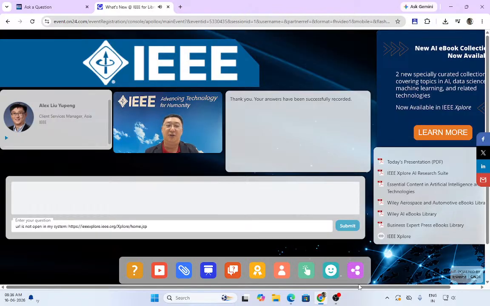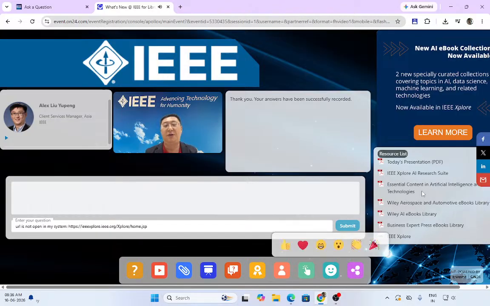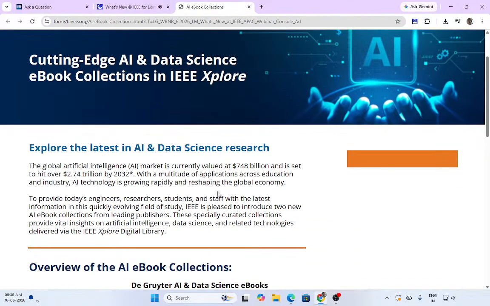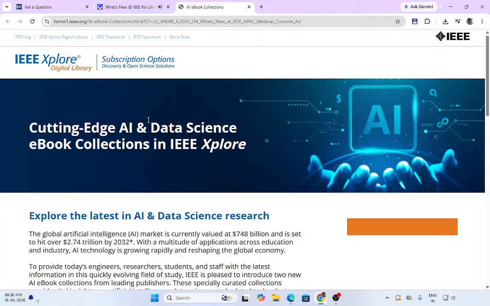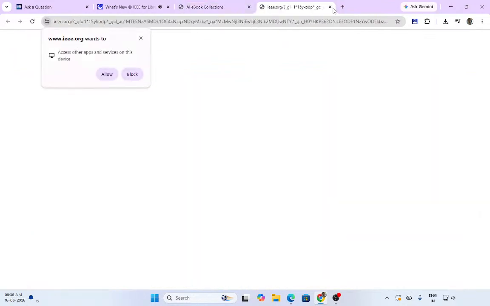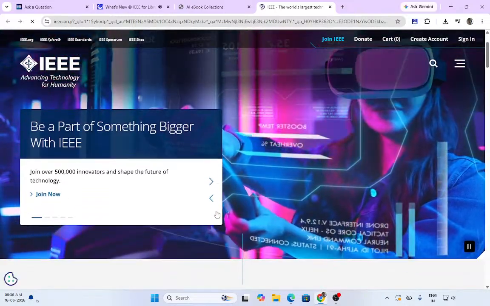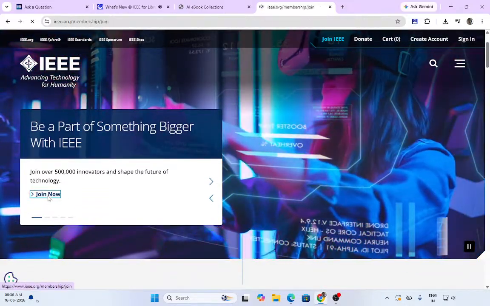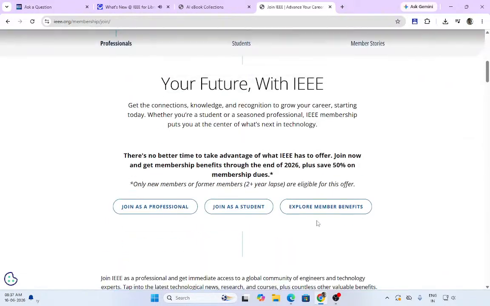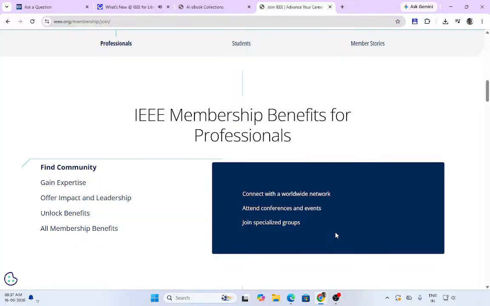The AI research suite allows you to use natural language to perform searches, which provide a good AI overview of the search results with references, which is very important because hallucination and noise have become a huge problem in artificial intelligence. But if you are using the ones from IEEE Xplore, there's no such issue. We're only searching trusted resources, and every piece of information is referenced with proper citations.